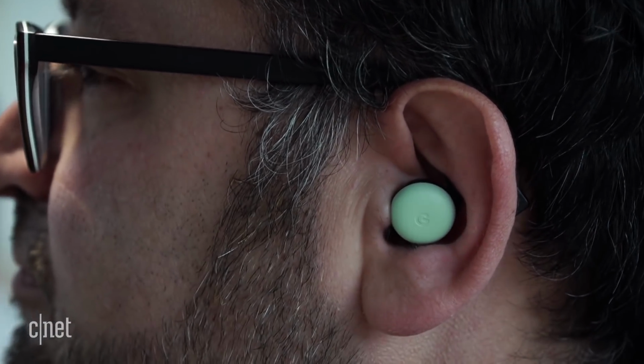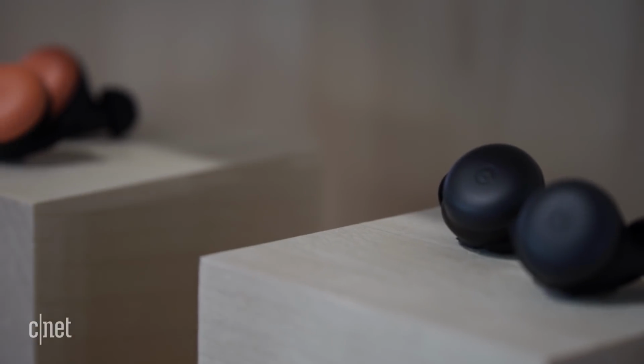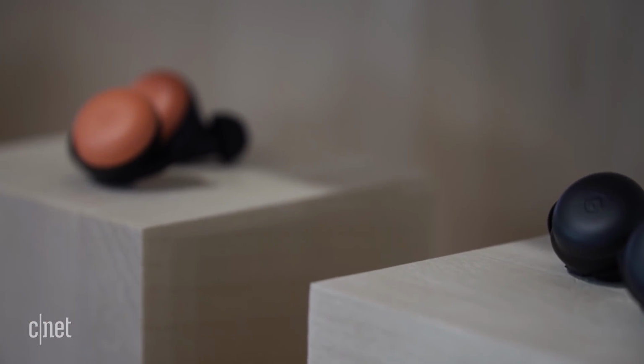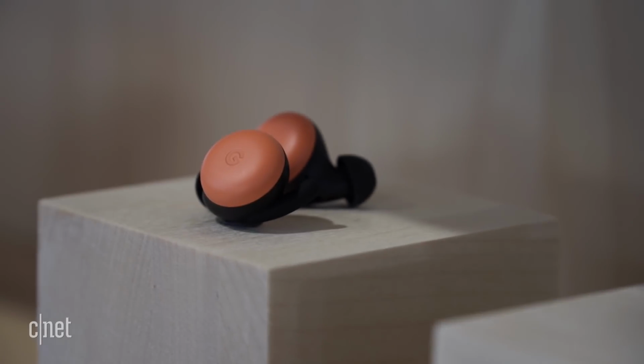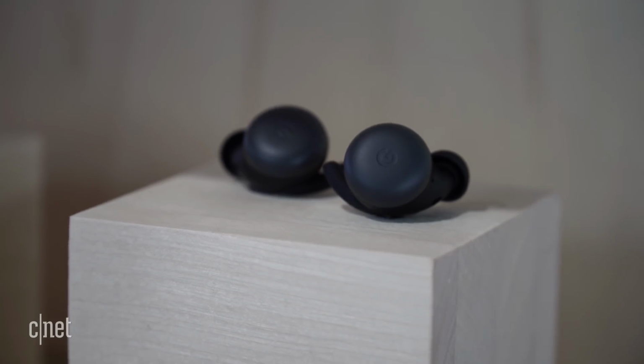They feel pretty good. Google Pixel Buds tap into Google Assistant, of course, but they also connect to Google Translate, which is one of the really cool features that was on Google Pixel Buds before. The case has wireless charging and it's USB-C, which is convenient. These Pixel Buds also have a better wireless range, so the Bluetooth is meant to last across a number of rooms. Google says it will last through 3 different rooms, indoors or across the length of a football field outdoors,